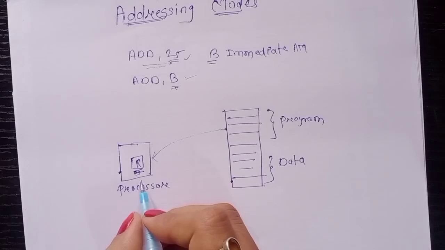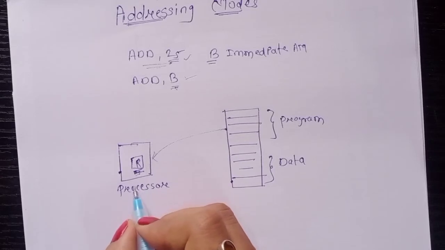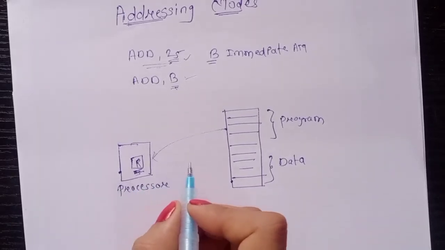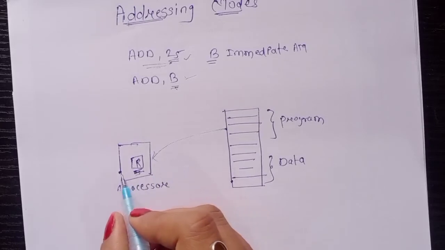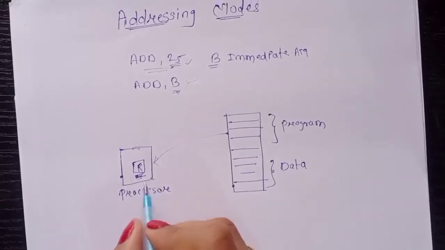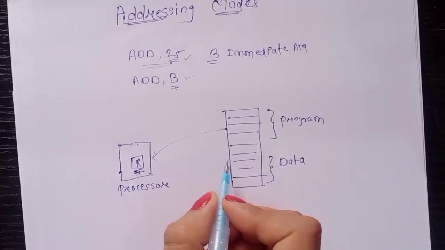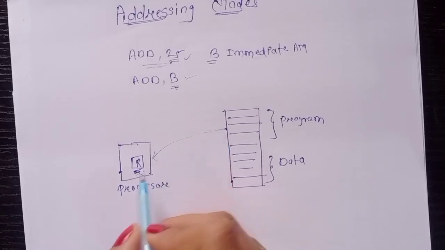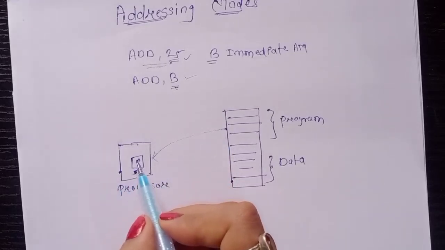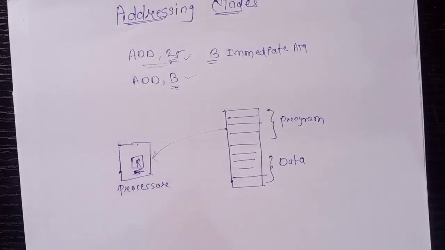But again, all data cannot be stored in registers. You understand? There are a handful of registers, and there are thousands of values of data. So whatever you can store in a register, you store, but the remaining data is stored in the memory. When the processor wants data, it may either take it from memory or from a register. So this is the background that you needed to have.